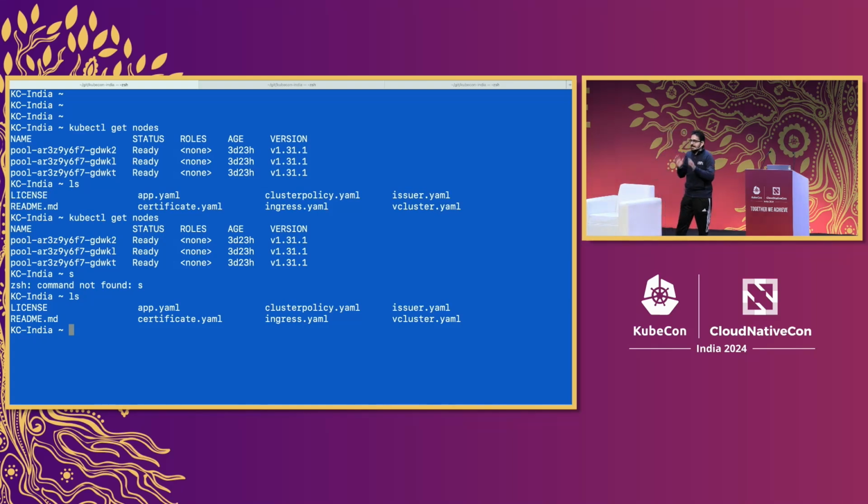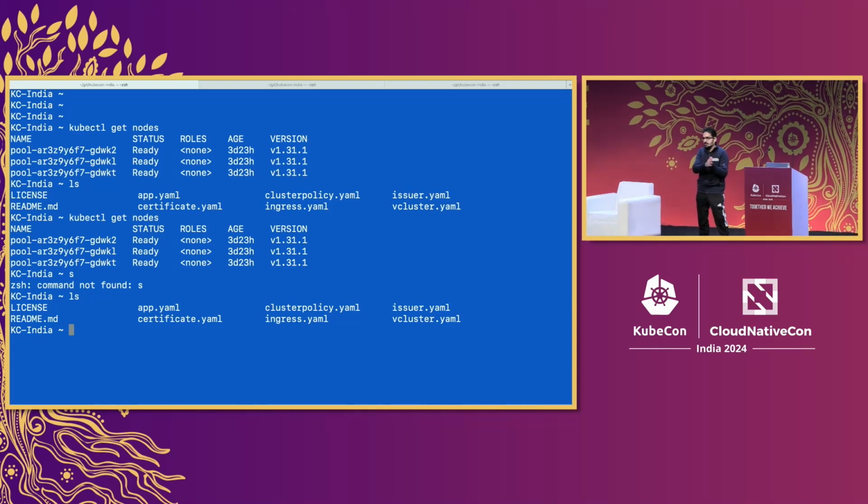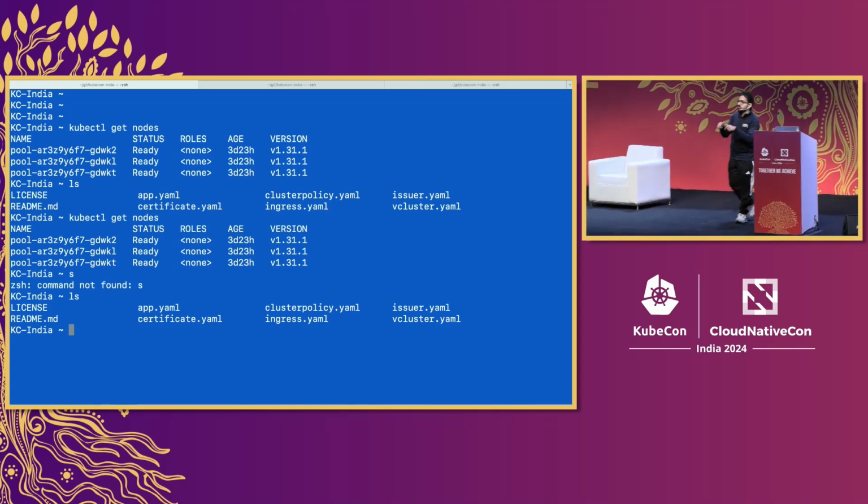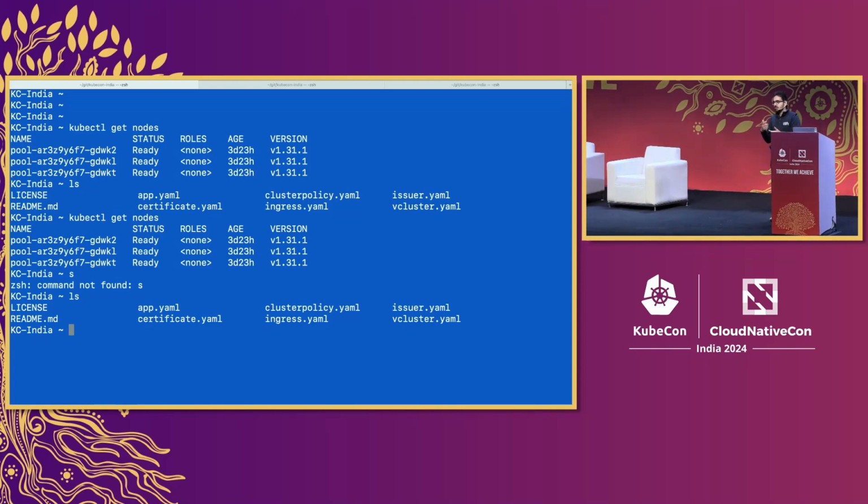So you maintain that isolation, which is pretty critical. You have heard that from Shweta as well. You maintain that cell boundary, which is very critical, and you keep the costs low, because you have to think about how the costs would be. So covering all these three, let's try to create virtual clusters. First I'll create one, because it takes some time, and then I'll explain some of the files that I've used. vCluster create KC demo 1, and I'm giving a vCluster YAML file. I'll show you what is in that particular file.